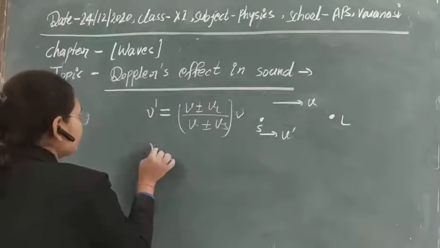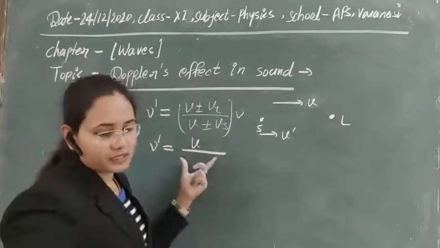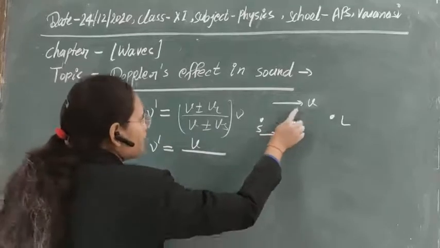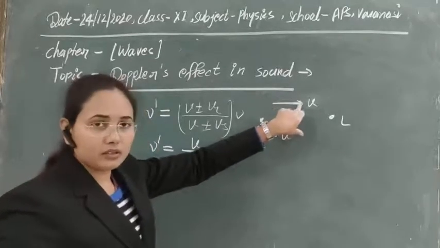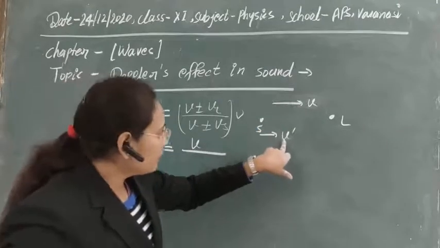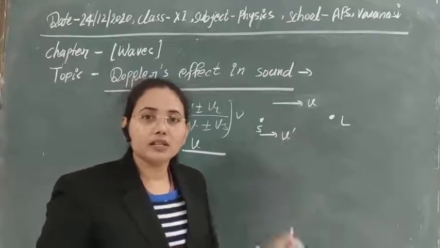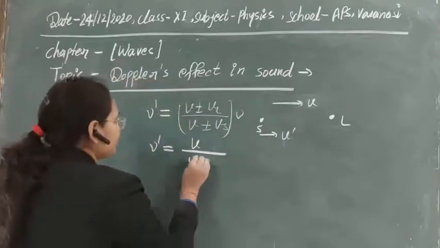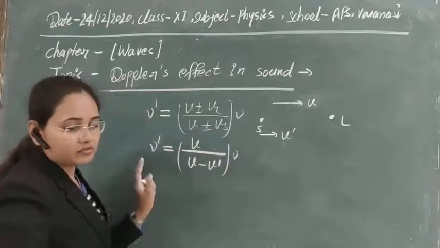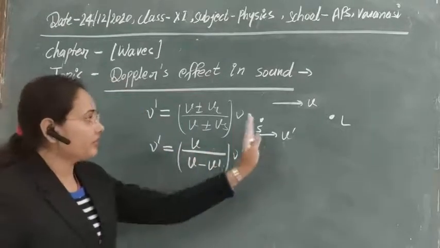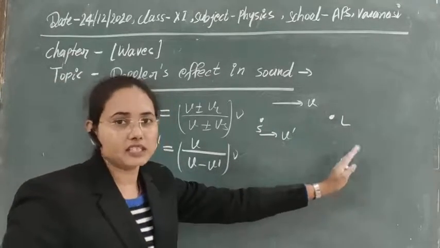So here μ' will be equal to V upon, obviously the listener is at rest. And as you know, whenever there is relative motion between the sound and the source in the same direction, their velocities are subtracted. So here we have V minus V', that is, μ' = V/(V − V') × μ. This is the frequency we observe whenever the source is moving with some velocity towards the listener, who is at rest.